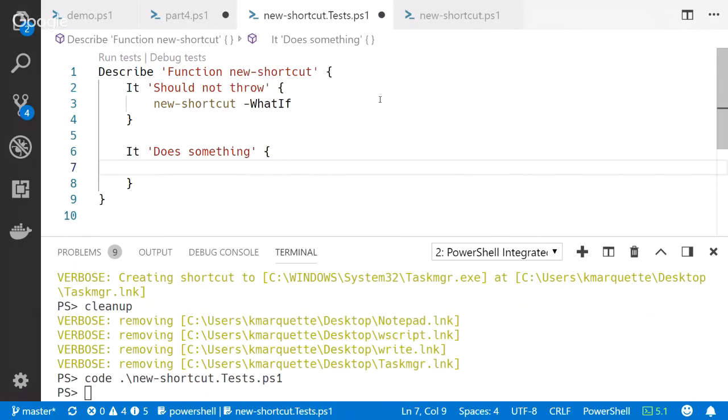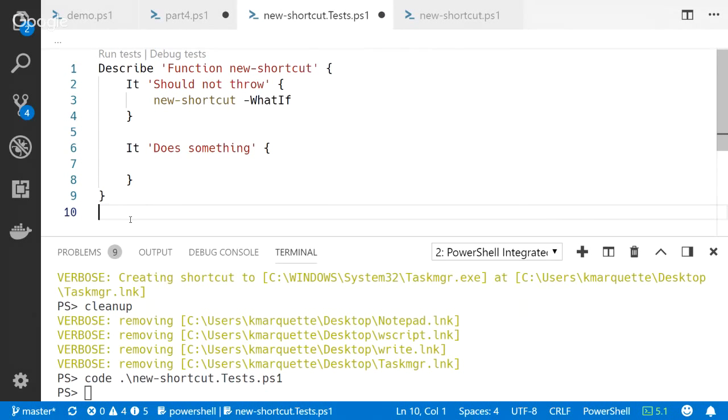So I got a question on the tester test, just real quick. How do you know the syntax? Obviously that one's pretty easy, like you should not throw. Can you just put anything in that? Actually, yeah. Inside that is a script block. I have another talk on this, but these are just functions,